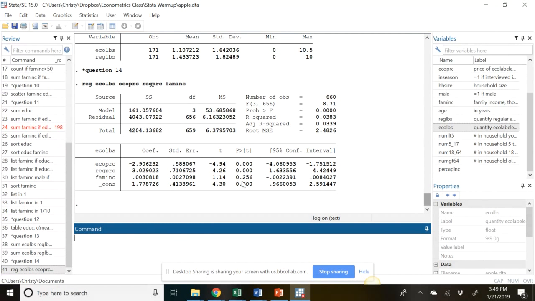I rely a lot on p-values when we talk about statistical significance, and so I'm going to spend a lot of time in class talking about that. But for now, let's just look at the coefficients, because that's what tells us the relationship between these X variables and eco pounds. This first coefficient, eco price, is negative 2.9, and since that's negative,